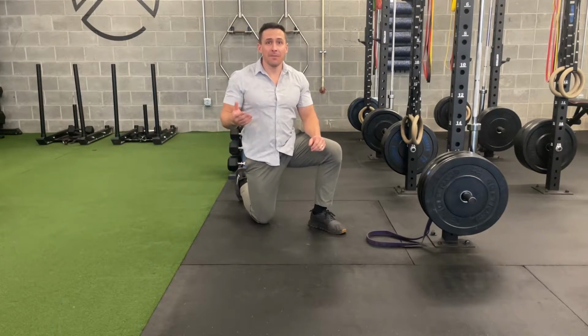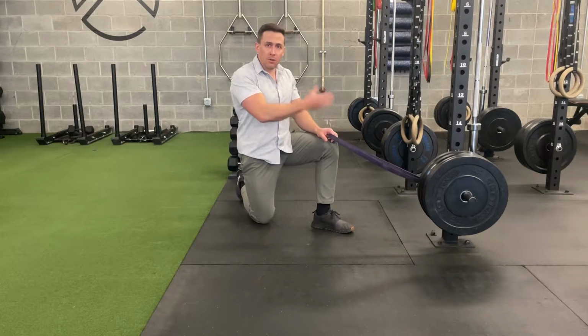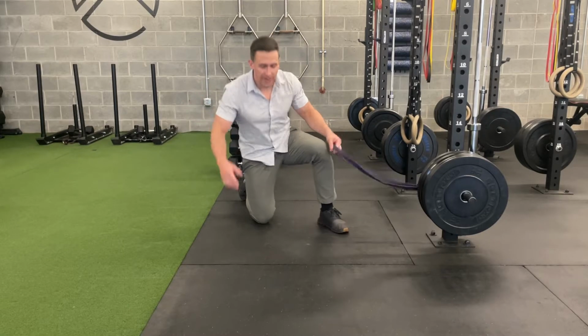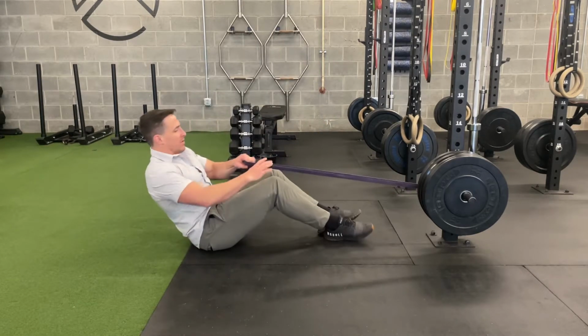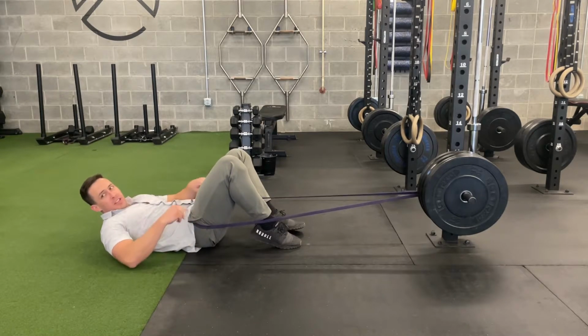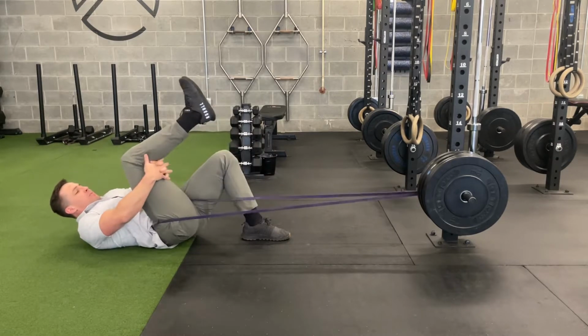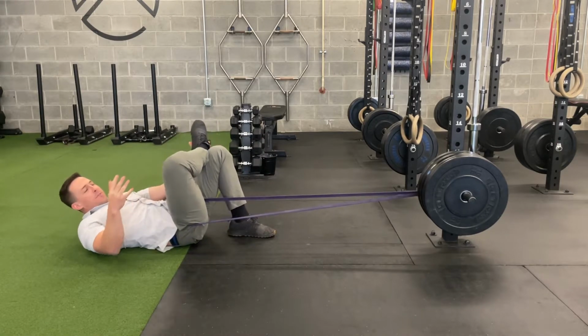This is the banded figure 4 stretch. So I got a pretty heavy band anchored low, squat rack, or you can use a door anchor. I'm gonna lay down, get this high into my hip crease, have as much in the hip crease as I can, scoot back to get some tension on it, bring my leg up, and then go into a figure 4